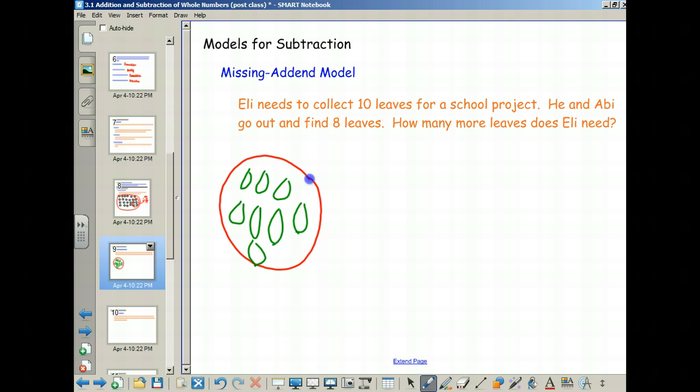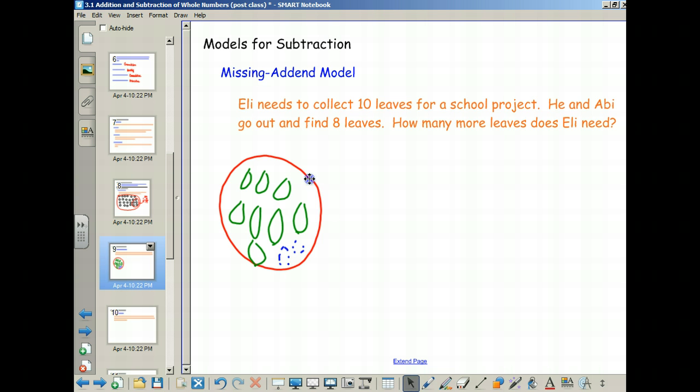Okay, so those are all leaves, just pretend, and I think I drew 8 of them. So what's missing then, in order to make it 10, is you're missing 2 of them. So the 2 that are missing, what you do is you draw them sort of as dotted in there, or you can draw